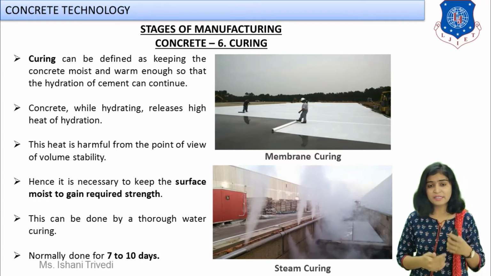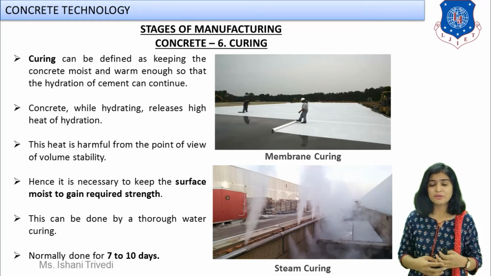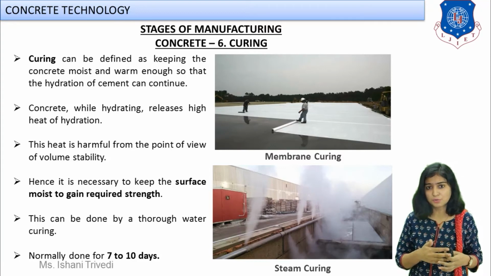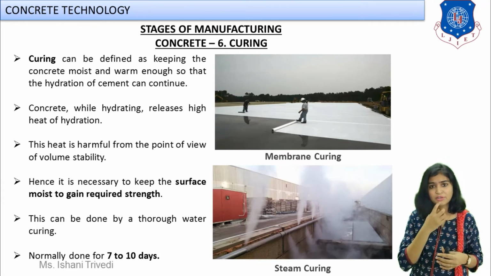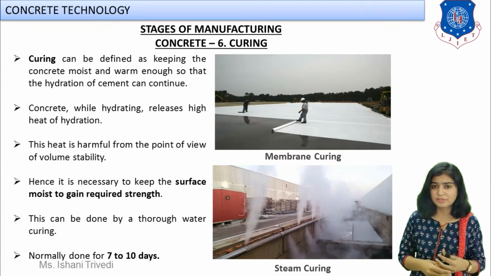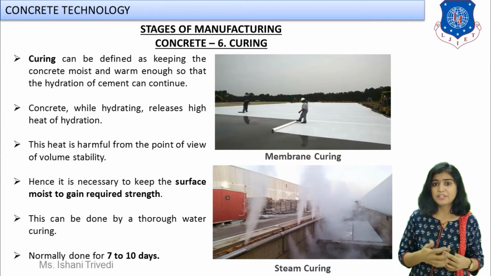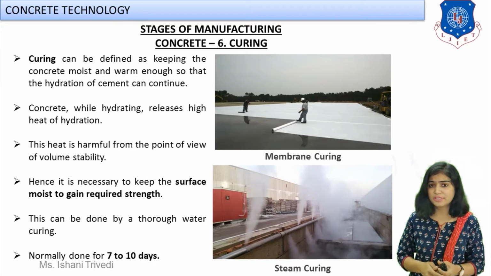Now, curing is generally done according to IS standards. You will have to do it for 7 to 10 days. And if you go for the advanced curing method, that is steam curing, then the strength which is obtained at 7 days will be achieved in a matter of 1 to 2 days. So, this is the process of curing in which you have to keep the surface moist. In most cases where water is available, water curing is done by directly applying water on the surface. We also have some miscellaneous curing methods, which include membrane curing and steam curing. You can also apply calcium chloride, that is CaCl2, right? It is also generally used as an admixture.